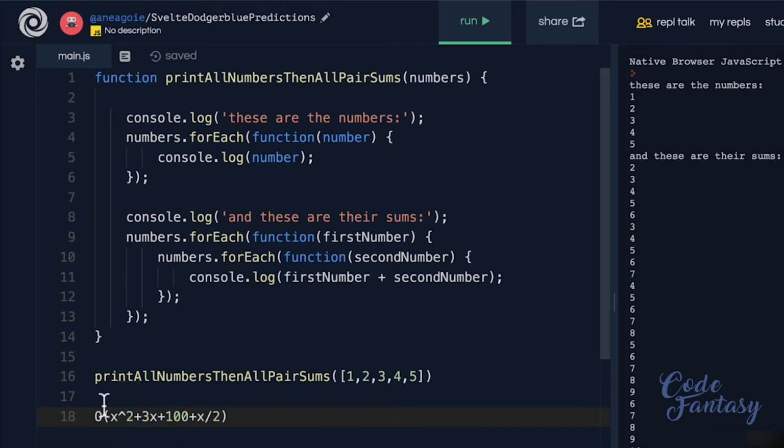That is, if x is 5, 5 to the power of 2 is 25. 5 times 3 is 15. This is 1000. And 5 divided by 2 is 2.5. In this case, the dominant term is 1000. But remember, with big O, we're worried about scale, and as things grow larger and larger. So when this becomes 500, well,